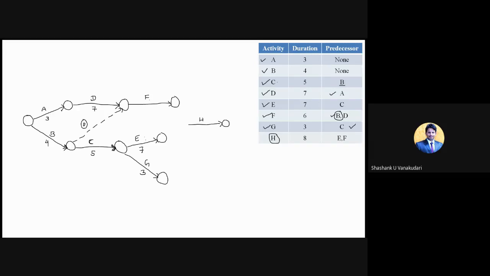What I am doing is clubbing these two nodes and making a single node for the starting part of H activity. So directly I will write like this. Can I write like this? Because you need to club the nodes instead of providing dummy activities. Clear? These two nodes I am making into only one node here. So for this H activity, F is also a predecessor and E is also a predecessor.